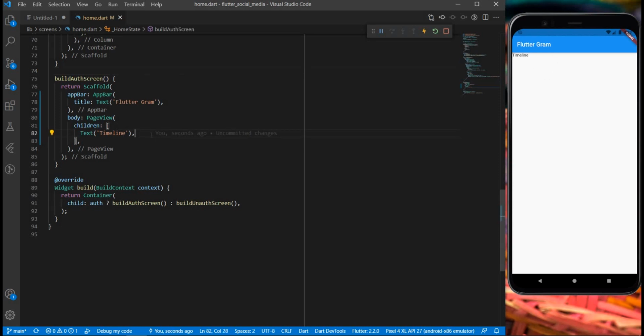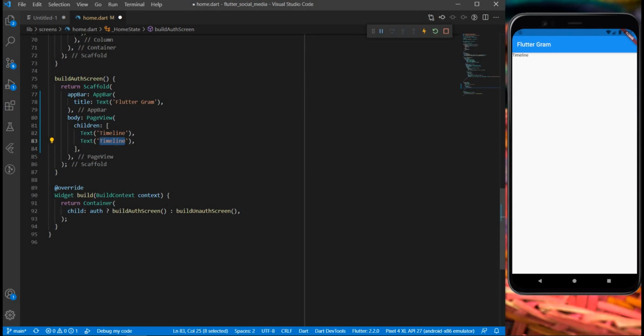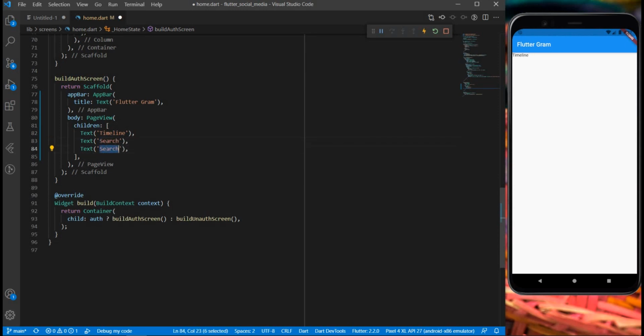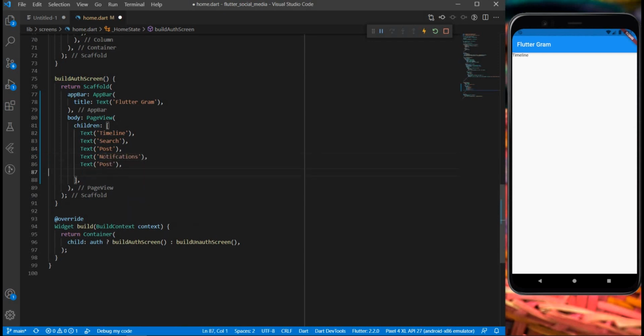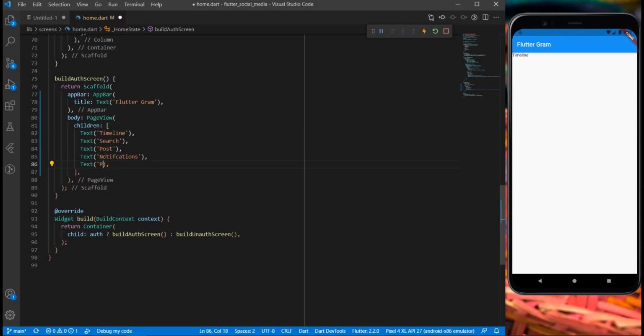Alright, so after timeline, we had search. Post search, we had post. Beyond that, we had notifications. And beyond notifications, we had profile.